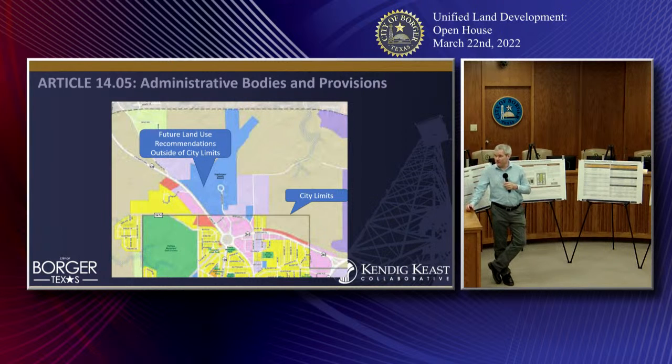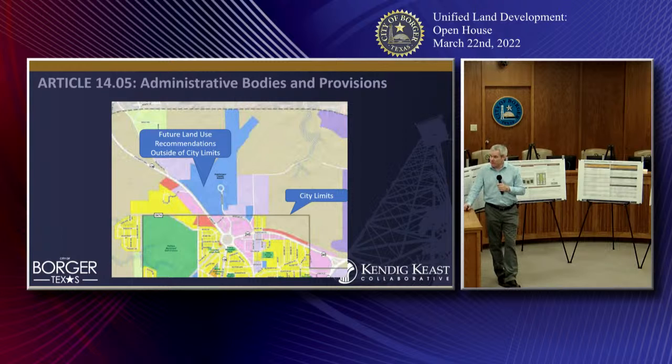So in this example, and this is a fairly random example, I think I called out the county airport when I did this, but let's say that's the city limit lines, and that dark line that makes a rectangle at the bottom. If the city were to annex, and this is purely hypothetical, that blue area, then it wouldn't come in as agricultural like some cities do. They just annex it as agricultural and let the property owner change the zoning. It's a little more proactive than that. It's annexed as whatever the closest zoning district is to that future land use recommendation.